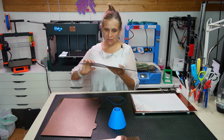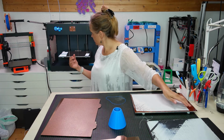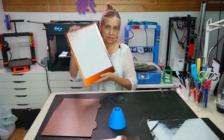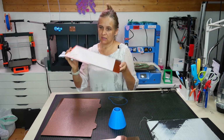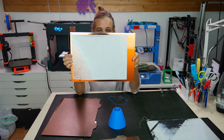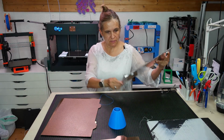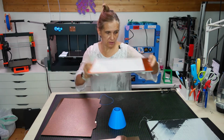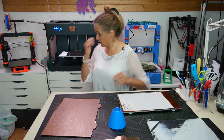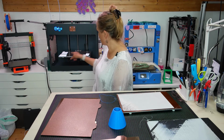Yeah? And I thought, okay, I will give up on that bed. And I bought a new one. Yeah, this is really a thick steel. But can you see here, this still had some problems going on. And before ripping off that tape here, I thought that I might give it a try on the awfully warped one, and yeah, it works